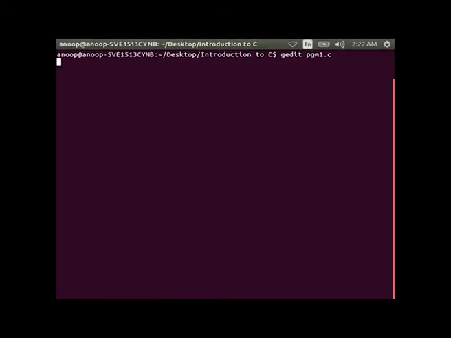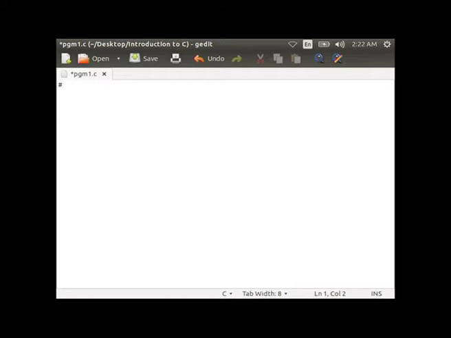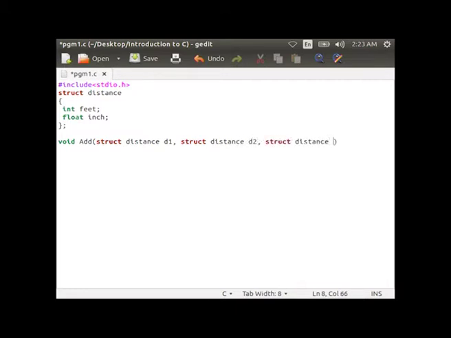Now, let us type this program. #include <stdio.h>, then struct distance within curly braces, int feet semicolon, float inch semicolon, then close the curly brace. Then void add, struct distance d1, struct distance d2, struct distance *d3.